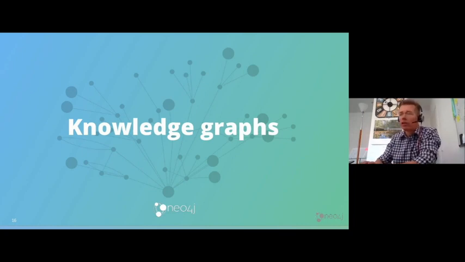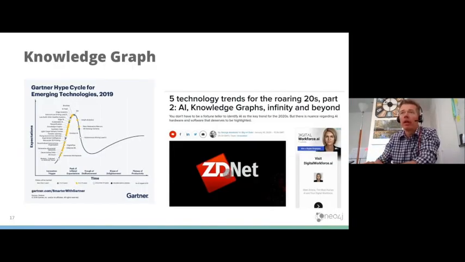So why did we look at a knowledge graph? Let me zoom in for a second on the topic of knowledge graphs for those who are not familiar with the concept. We looked at building a knowledge graph because it could solve this specific problem. Knowledge graphs have been around for some time. If you look at Gartner and some other industry analysts, they'll place it on the hype cycle, saying this is extremely hot right now. I'm not sure if I agree with what Gartner says, but it matters little in this case.